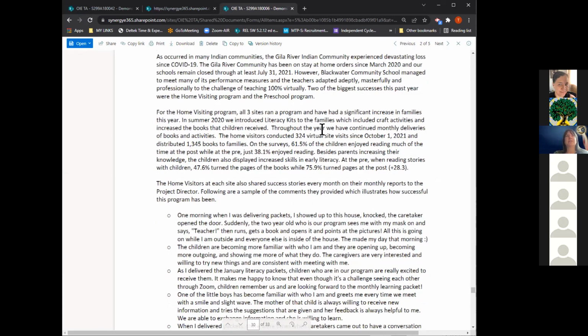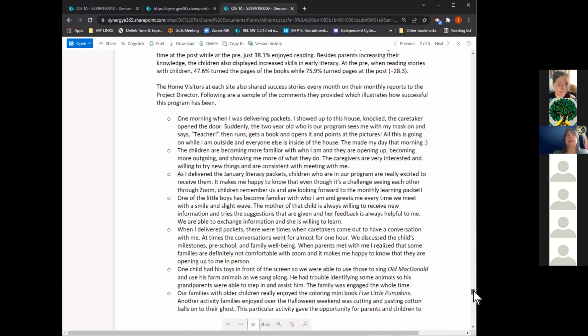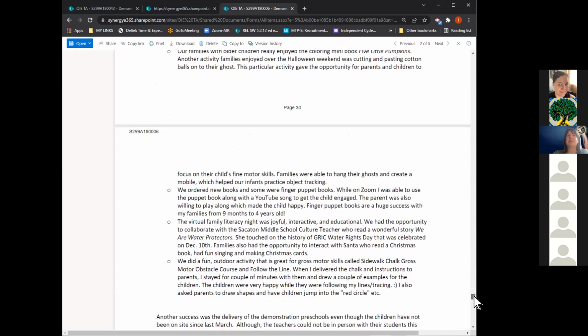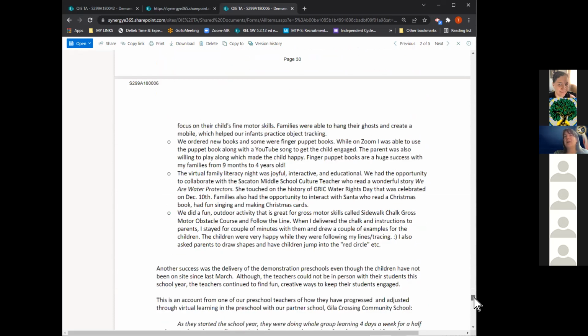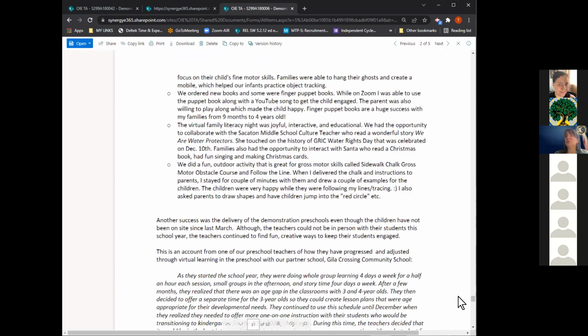You can see there's a little bit of paragraph and narrative information, and then some bulleting of examples of feedback and highlights, maybe some good news that was happening as a result of those activities.